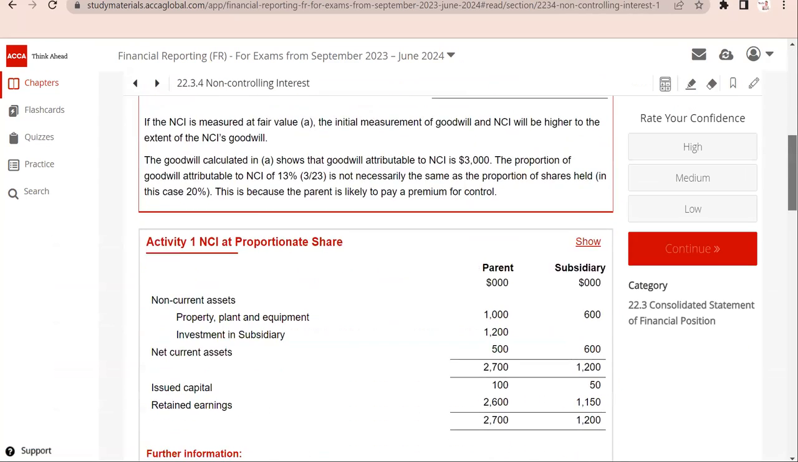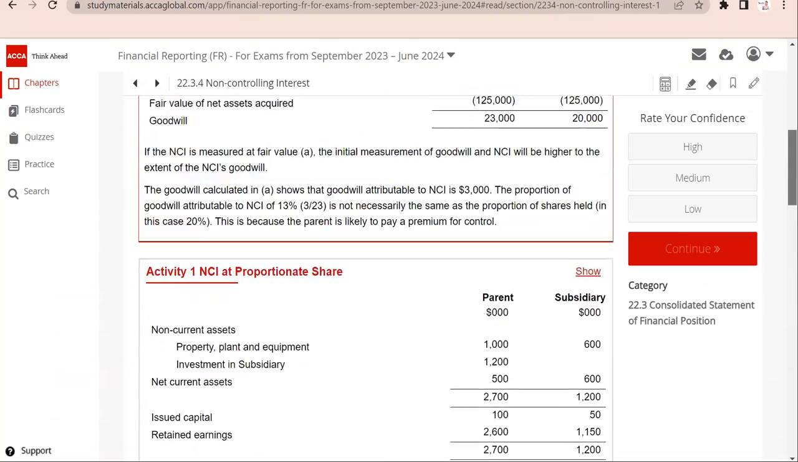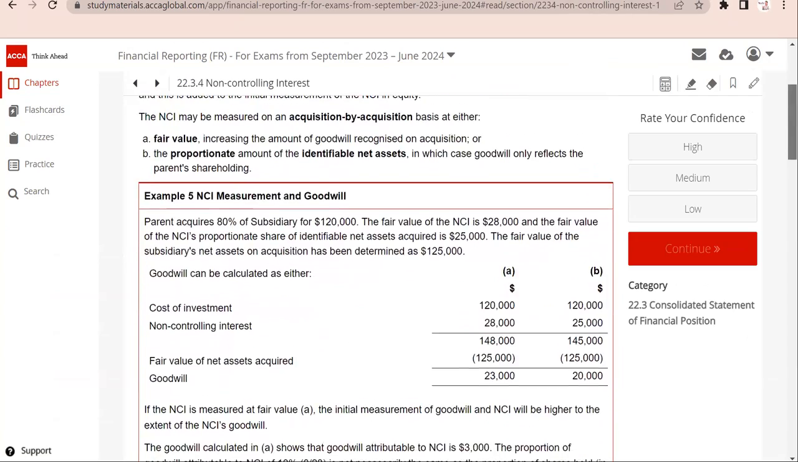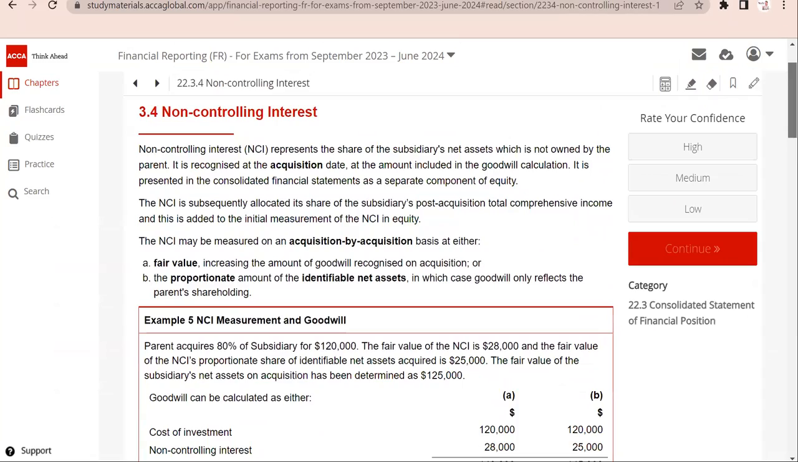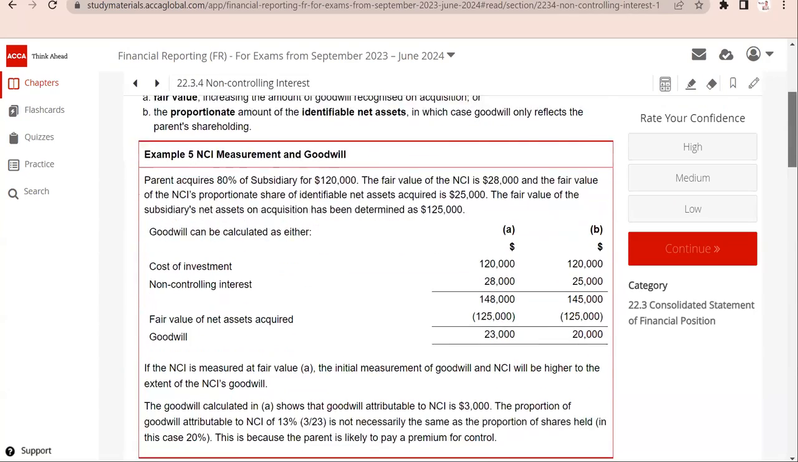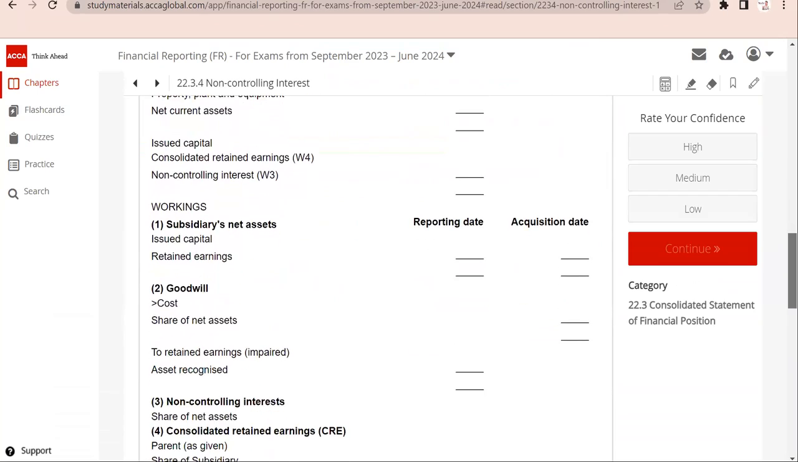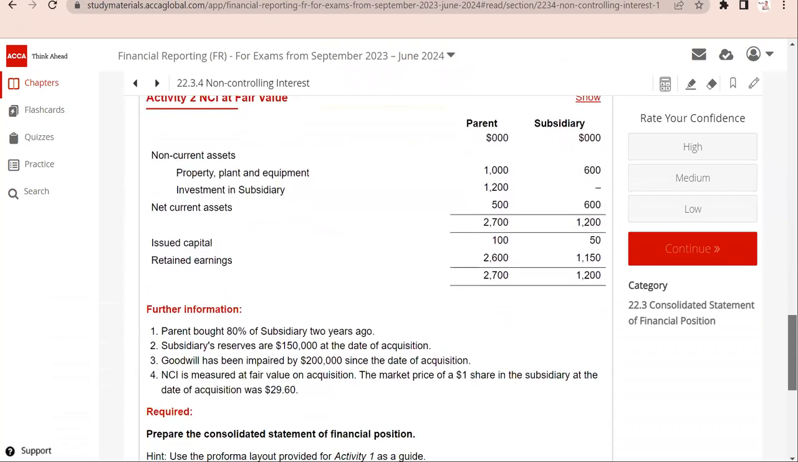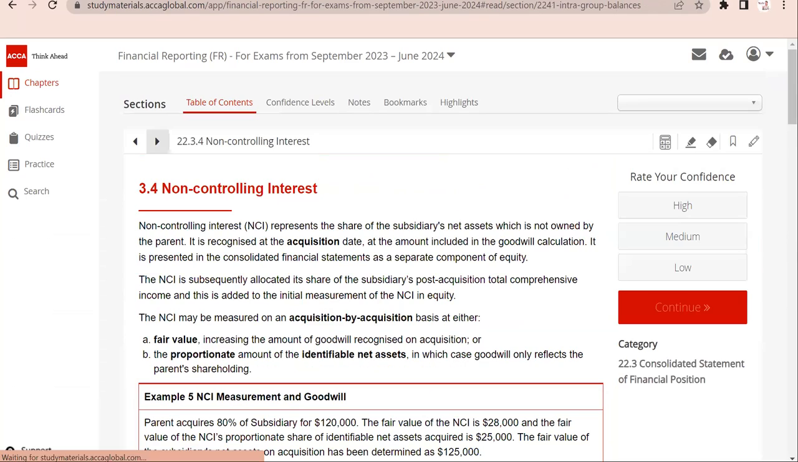NCI is there. Okay, this is too long. I mean, this is an activity, that's why it's too long. NCI measurement. So what they have done is for different steps which we used to do in Kaplan, they have broken these steps. We used to handle one question where a number of steps, 5, 6 steps together used to be done. But here they have given an example of each step separately. Then